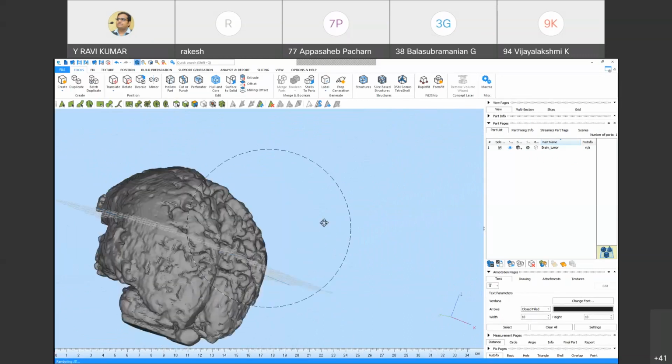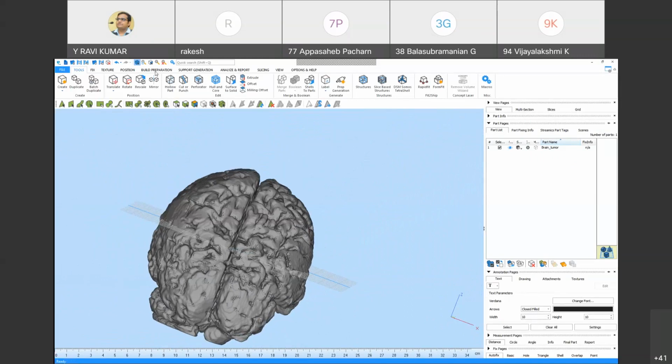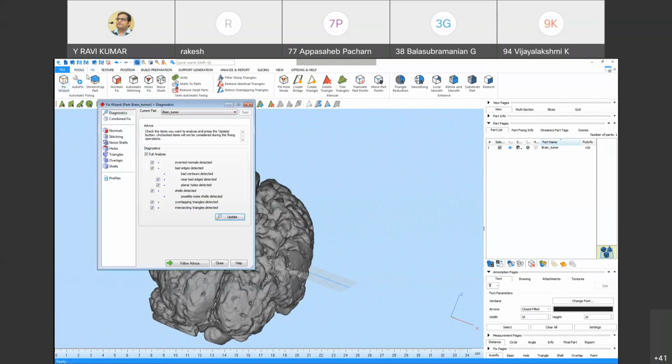First, I need to fix the STL file, so I can use this Fix Wizard. So these are the problems. First, I need to diagnose, like how many triangles are there and what the things are.